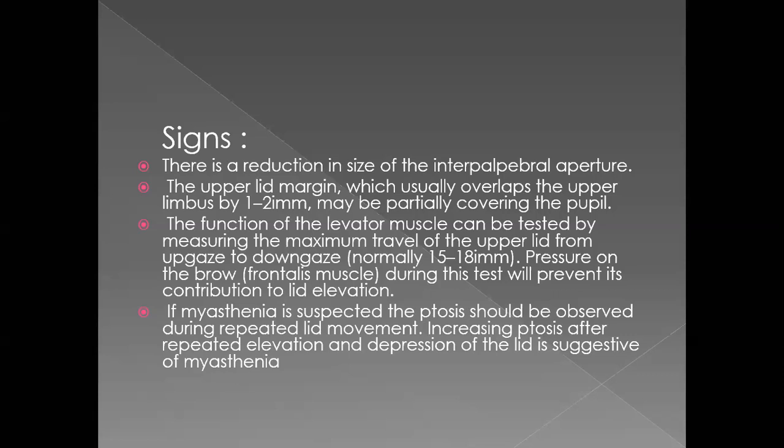In the ice test what happens is that you keep the ice pack onto the upper eyelid and keep it there for 5 minutes and then observe the degree of ptosis. If the ptosis reduces, this confirms your myasthenia gravis diagnosis. If the ptosis has no change, it means it's not myasthenia gravis, because the cooling effect directly goes to the neuromuscular junction and augments its function. That's why the neuromuscular function will increase. Okay? Okay, sir. Thank you.